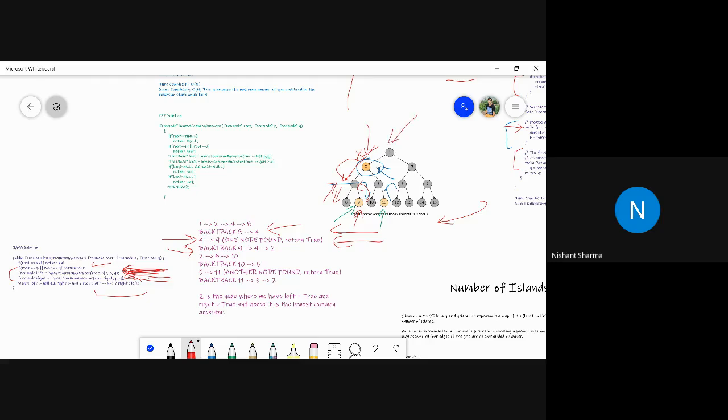We first check for 1, then we check for 2. Okay, we find one node. Then again we would go for the left child again and again, and then go for the right child also. This is the possibility. But to stop this possibility, we first check the first P node with the first line of this logic.